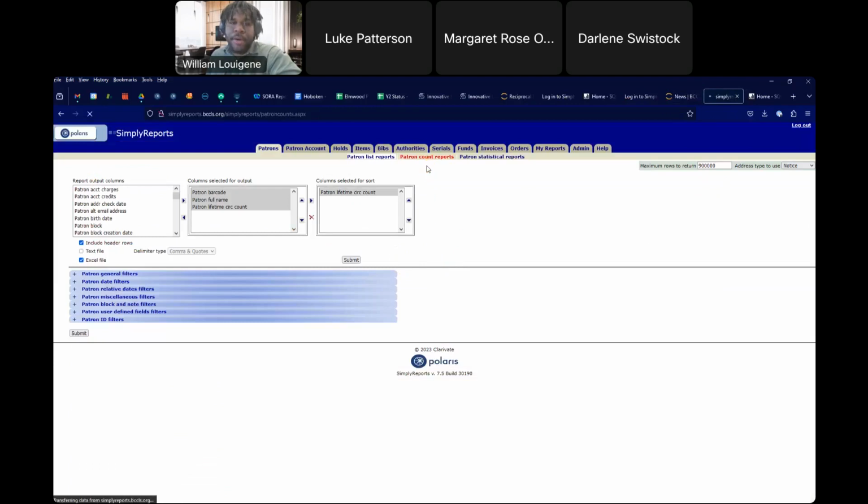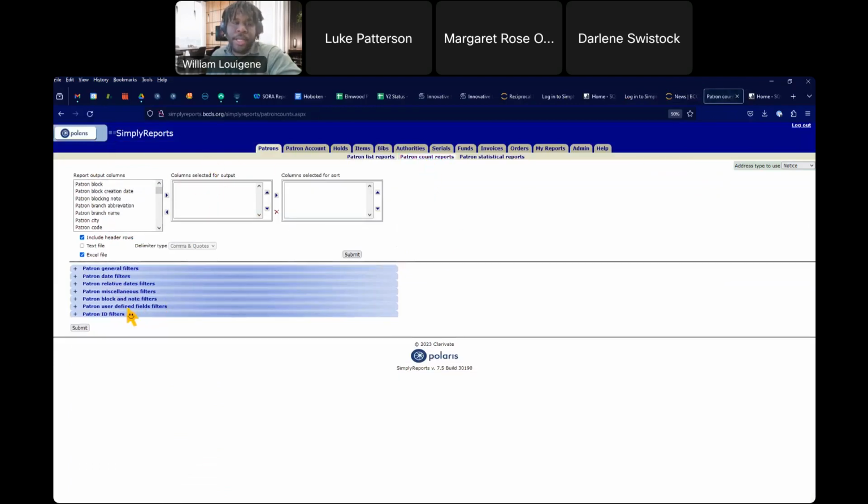So if I go ahead and click this, it's going to work similarly to what we just explained before with our report output columns and the filters. However, I'm just going to go straight into an example to show you how this is slightly different. The example that we're going to be showing today is how many patrons of each patron code are here